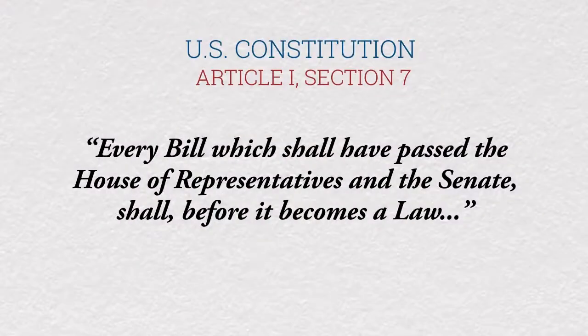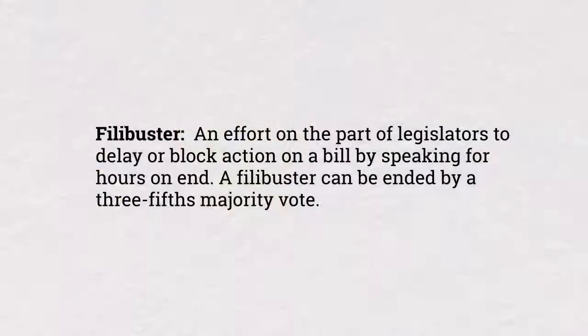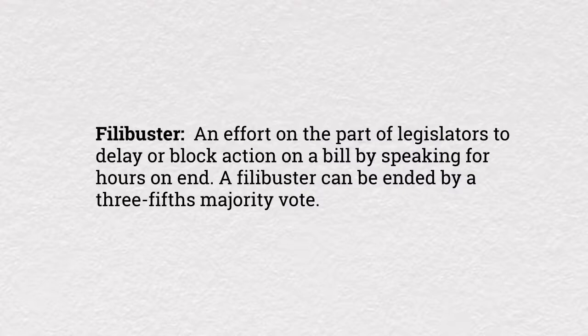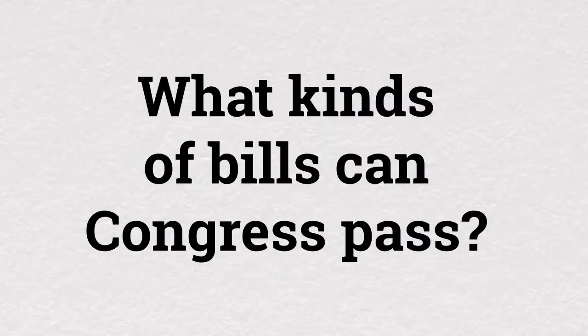In terms of making laws, though, the two houses work in largely the same way. A proposed law, called a bill, has to get a majority vote in each of the houses. And each house has internal rules that make things even harder than this. The Senate, for instance, has the filibuster, which lets a minority hold up voting unless 3/5 of the senators want to move forward. But the filibuster is not in the Constitution, and the Senate could get rid of it anytime it wanted. What kinds of bills can Congress pass?